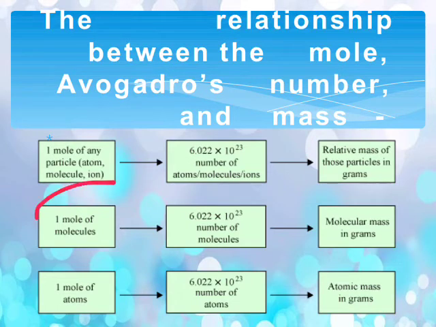Similarly, if we talk about molecules, 1 mole of molecules is equal to 6.022 into 10 raised to power 23 molecules and the molecular mass in grams. Similarly, if we talk about atoms, 1 mole of atoms